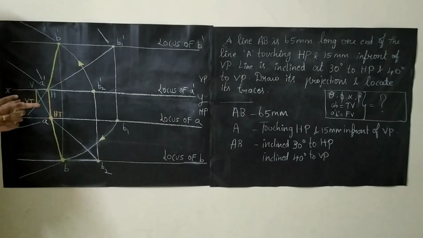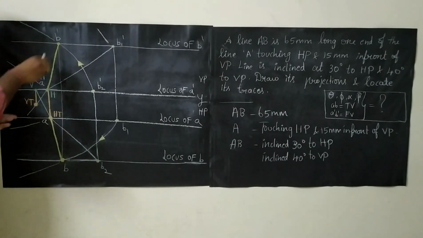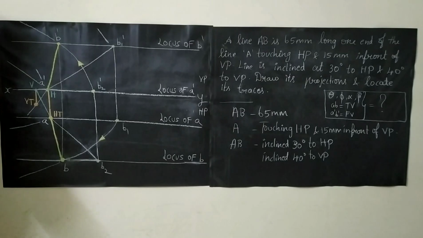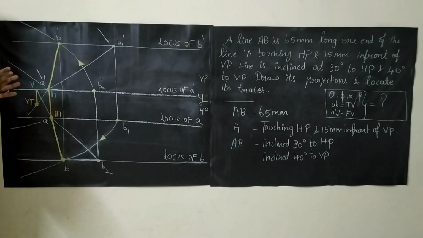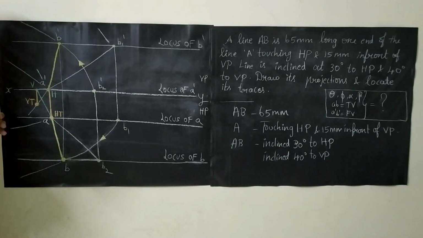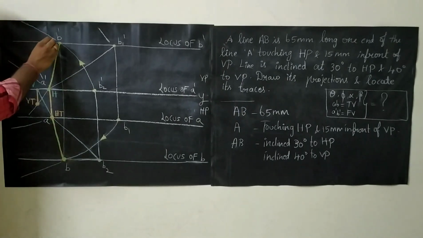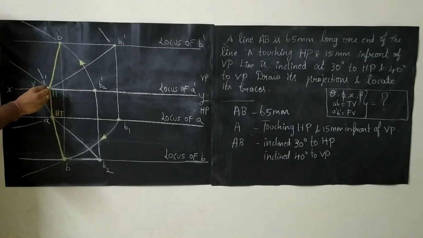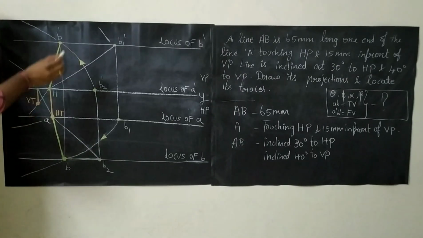Now we are going to do the dimensioning. For dimensioning, we need to dimension only A dash B dash, AB and your true length. For dimensioning, you need to draw an extension line approximately 1 mm away from the line. See to it that it does not directly touch the diagram. Draw the extension line perpendicular to A dash B dash, that is perpendicular to your front view. Same case for the true length also.